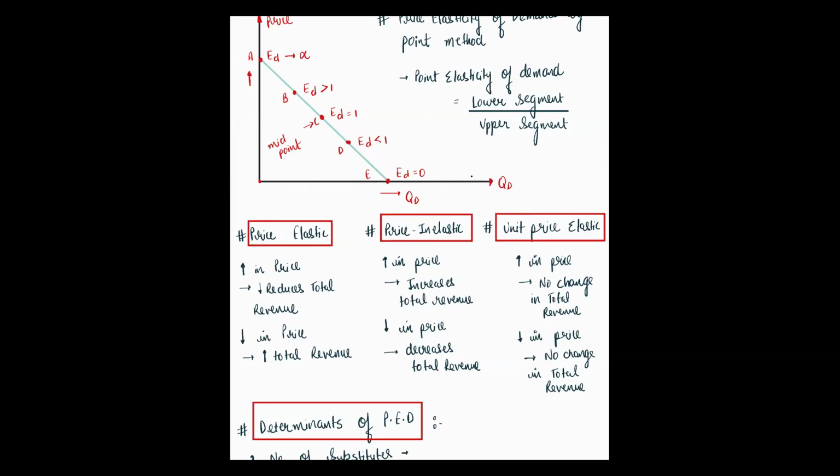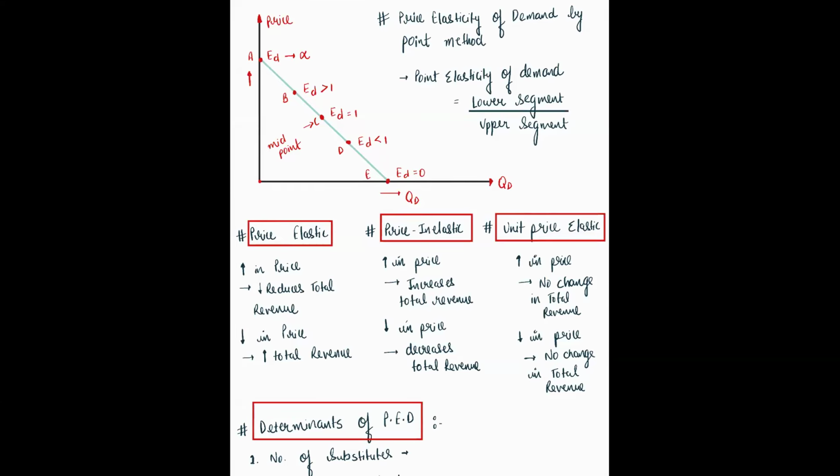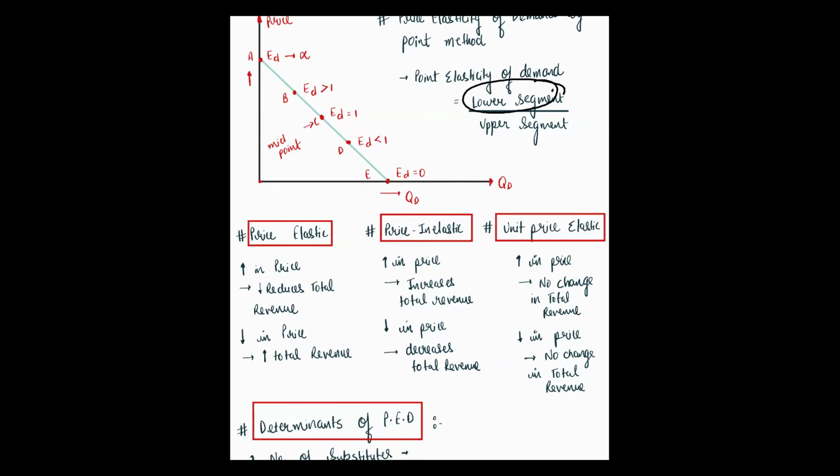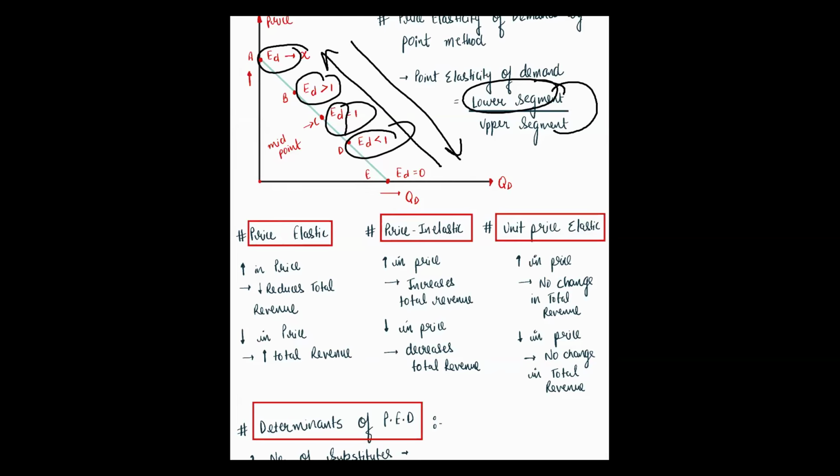While decreasing it is getting less elastic. If from lower segment you are going to upper segment, elasticity, ulta bhi you can say, opposite you can also say, lower to higher jaoge to elasticity is increasing, higher to lower jaoge to elasticity is decreasing. Ed infinite means you are more elastic, ed greater than 1 you are relatively more elastic, ed1 means unit elastic, ed less than 1 means relatively less elastic, ed0 means perfectly non-elastic.